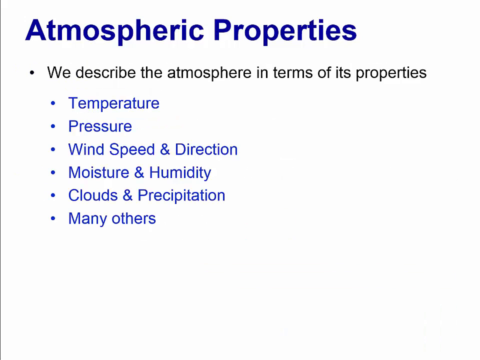Clearly, the atmosphere is extremely complex, but as scientists, if we're going to hope to understand and predict and mitigate the various extreme and hazardous weather events that occur around the world, we need a way to describe the physical nature and evolution of the atmosphere. So to do that, we use its physical properties: temperature, pressure, wind speed and direction, as well as various moisture quantities, like relative humidity. Now, I'm sure you've heard most of those before, but we're going to cover them in more detail, and we're going to use them throughout the course of the semester to learn all about hazardous weather